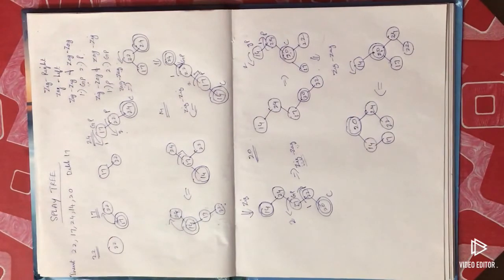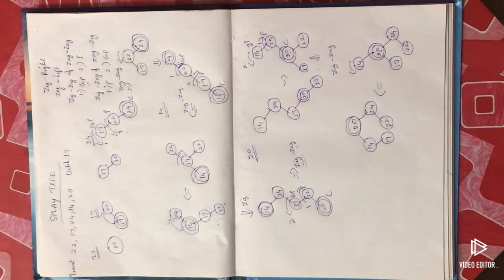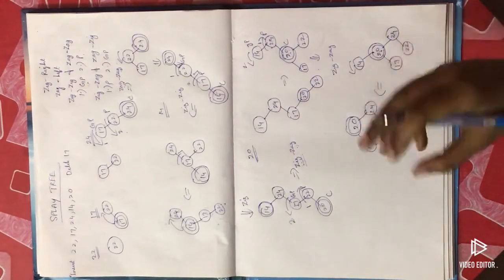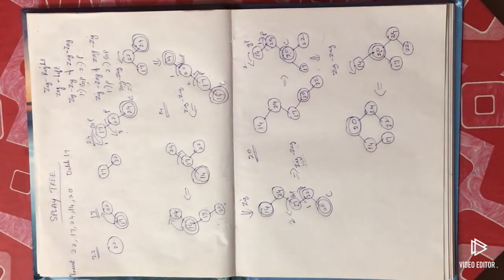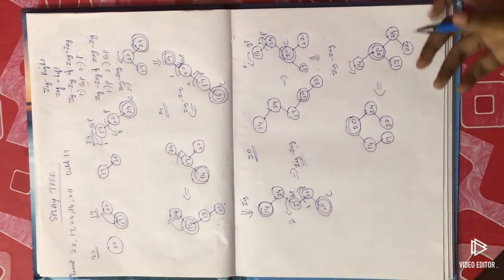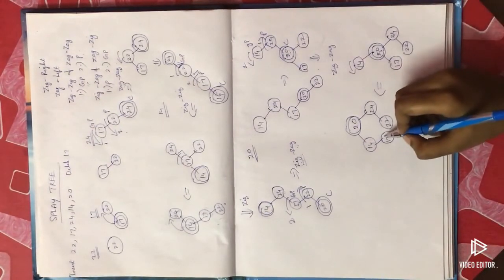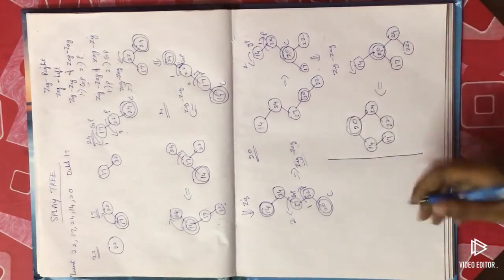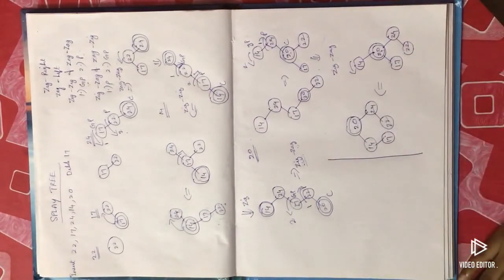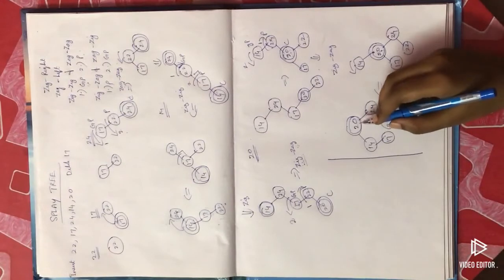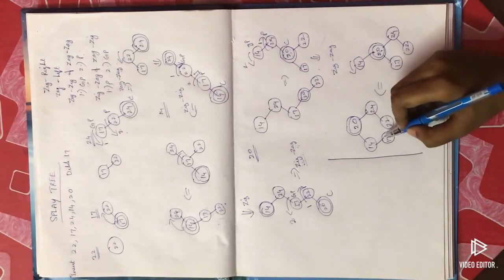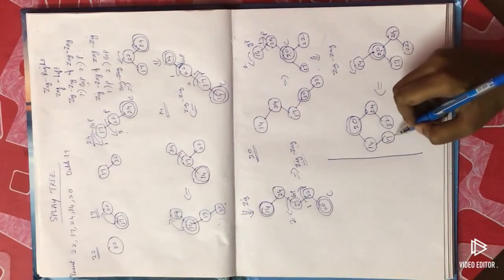Okay. So now we are going to delete the element 17. For deleting the element 17, again what do we have to do? We have to splay that element to the root. Deletion or whatever operation we are going to do, that element should be made the root. Only then can we follow the operation. To splay this element to the root, we have to follow zag-zig rotation.